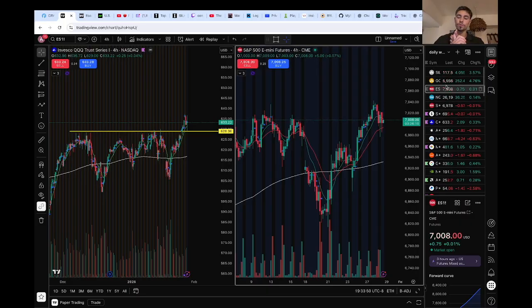There's also oil. There's corn. There's natural gas, the RTY, and there's wheat. There's a whole bunch of different types of futures, different commodities as well. So for the most part, these are the main ones that I personally trade. Silver, I just started trading. Gold, ES, and then NQ. Those are the top three I personally trade.